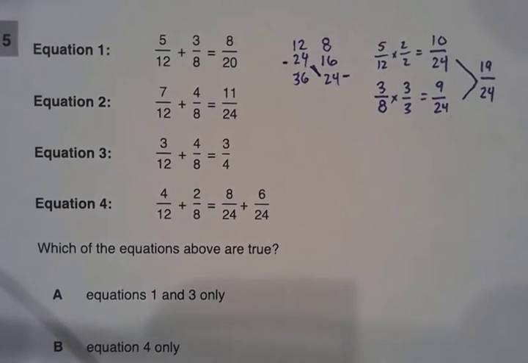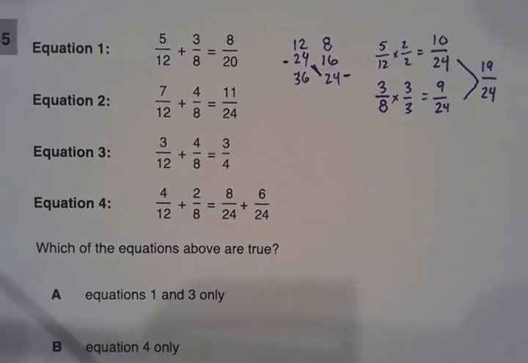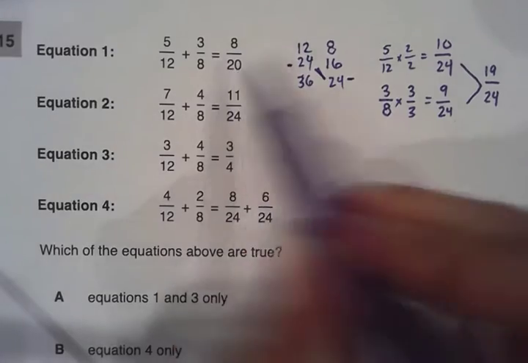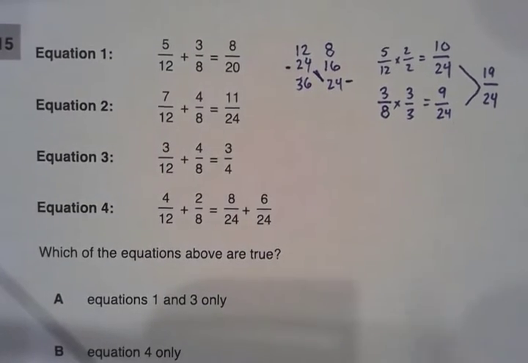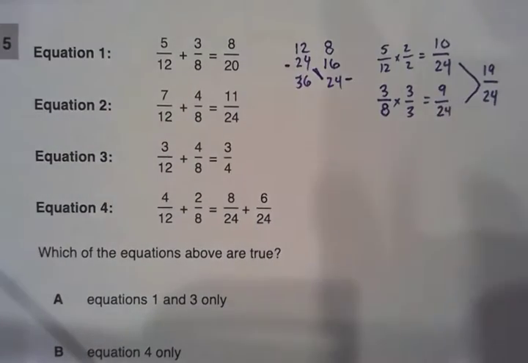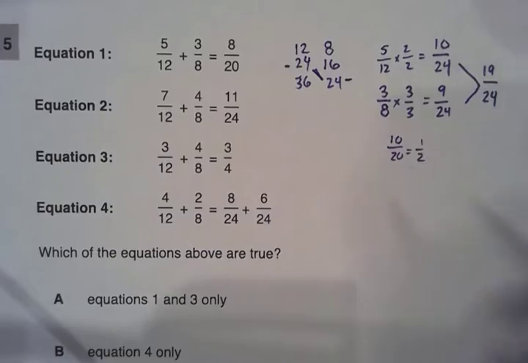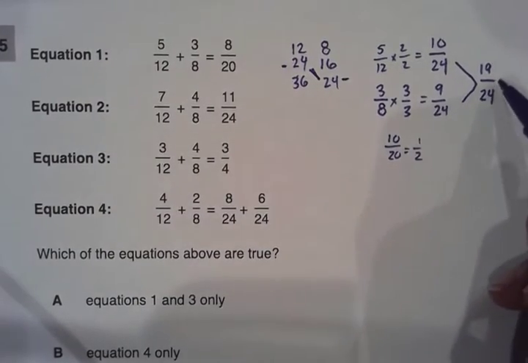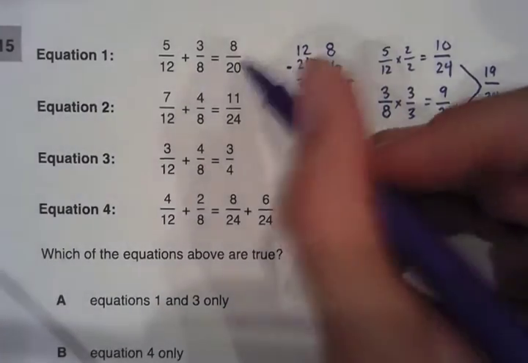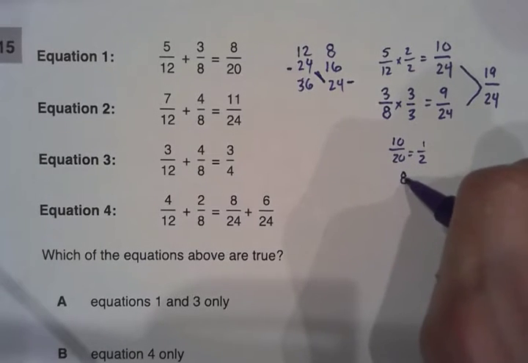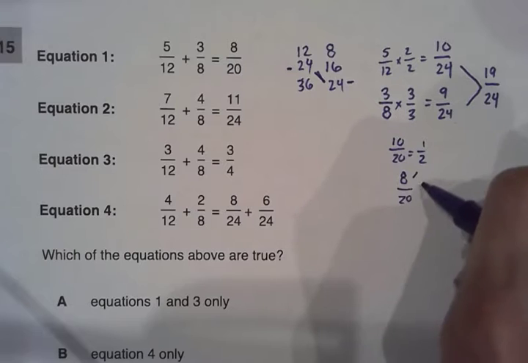That's the question we need to ask ourselves. Instead of trying to get a common denominator between 20 and 24, let's think this out. I know half of 20 is 10, so 10/20 equals 1/2. And because 8/20 is less than 10/20, I know 8/20 is less than